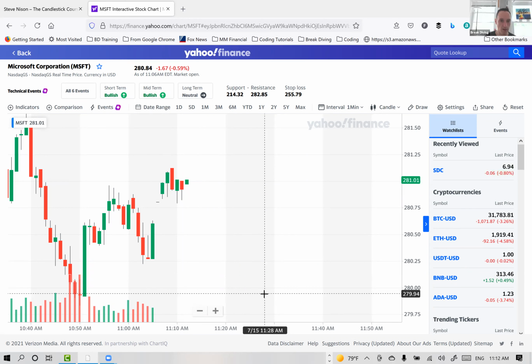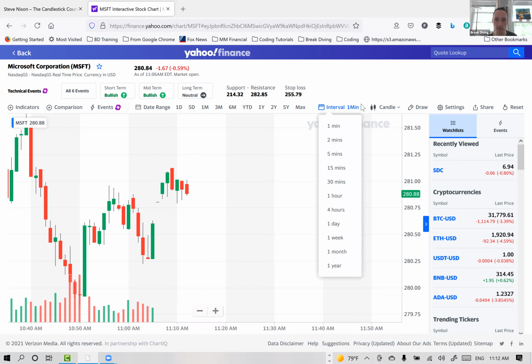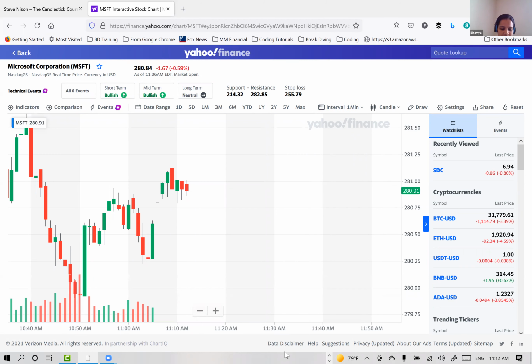Okay. So we've got a bullish belt hold and a bearish belt hold. To me, that sounds like indecision. What do you think? Yeah, there's no confirmation. Can we change this interval to 30 seconds? No, 1 minute is the minimum. Okay, so